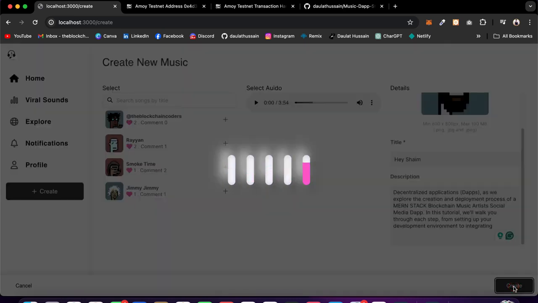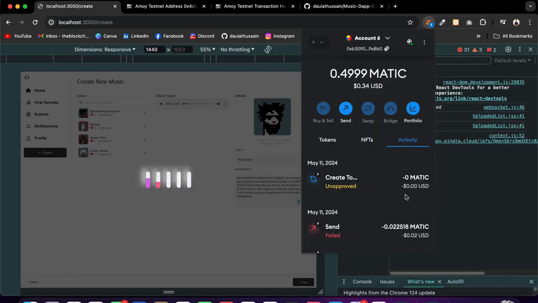This will check whether I have the credit or not. If I have the credit, then the transaction will take place. Otherwise the transaction will not take place, and a pop-up modal will open asking to buy credit. It's taking a little bit of time, just wait. And here I got the pop-up modal. I can simply click on this,